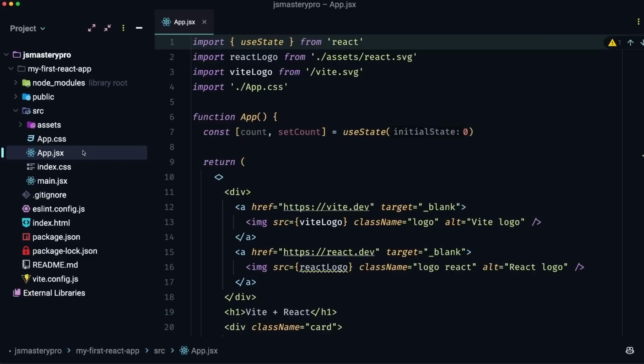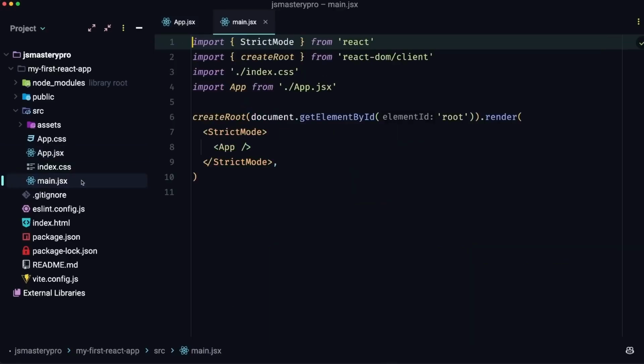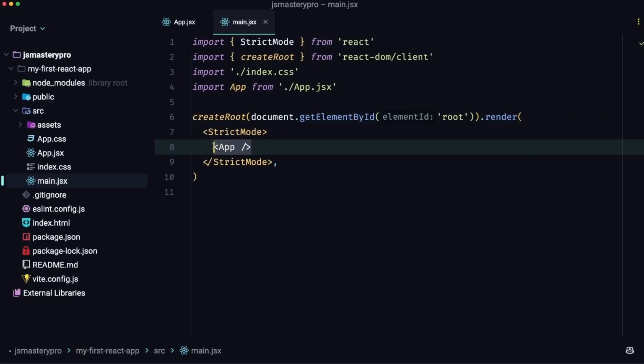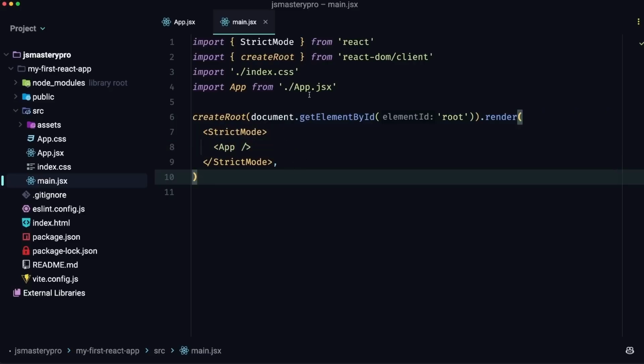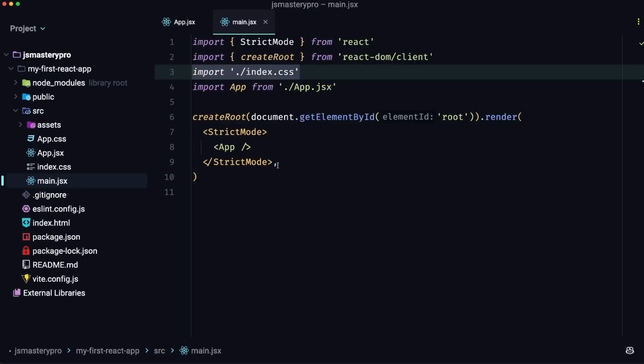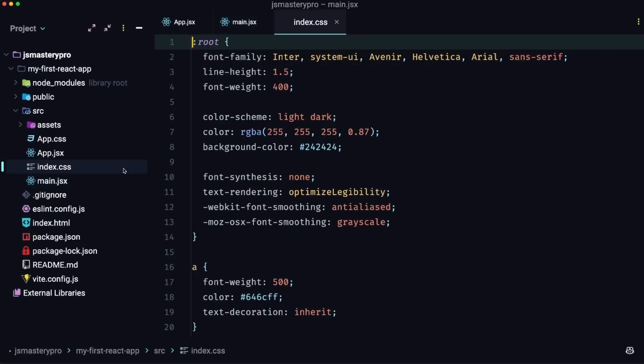App.jsx is where the main UI of your app is defined. Whatever you write here will appear on your website. Main.jsx is the entry point of your React app, where React is rendered into the DOM. You can see that here we use plain JavaScript to get the element by ID of root and then render the entire app right within it. Since this is the entire app, here we import our main style file, index.css, where you can define the global